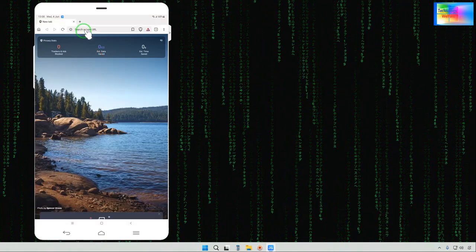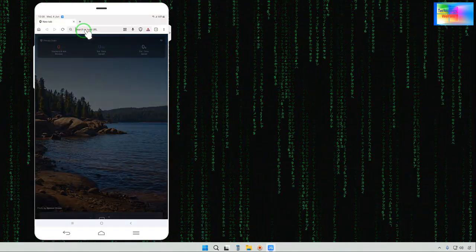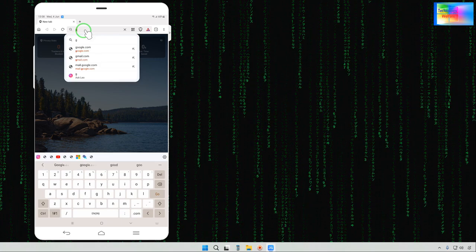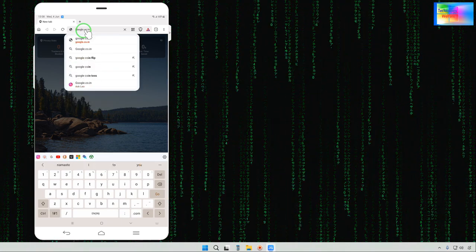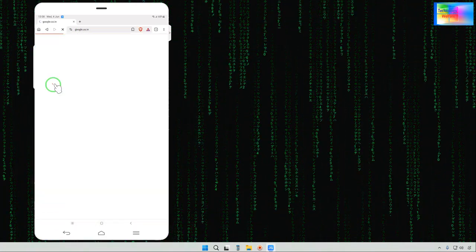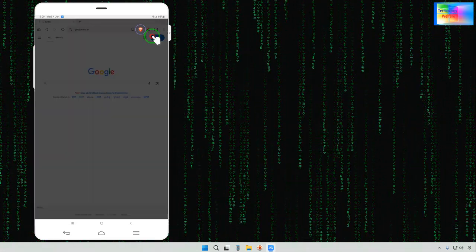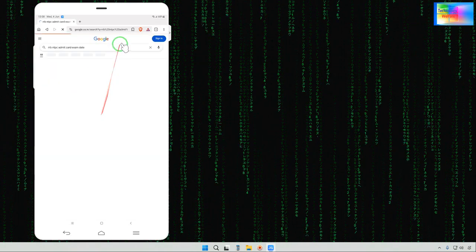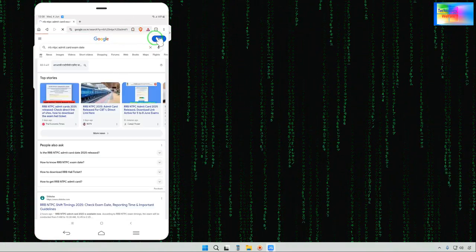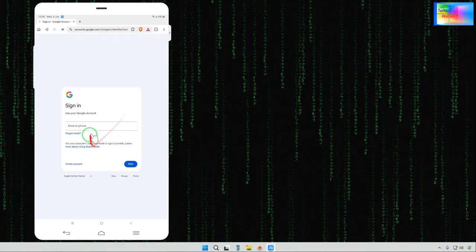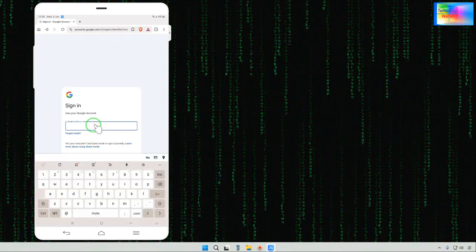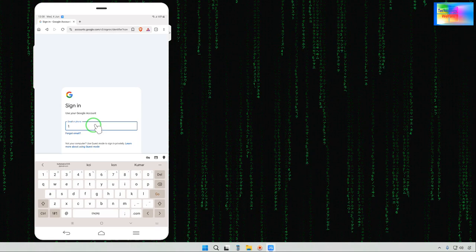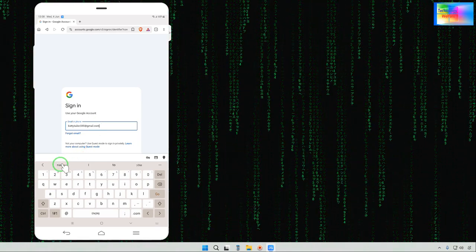Now here we will have to type googlecode.in. So let's see. Now we will tap on sign in. Let's sign in, guys, here. Now we will have to type here this particular ID. Then of course we will go for